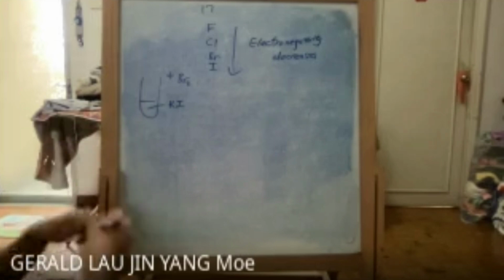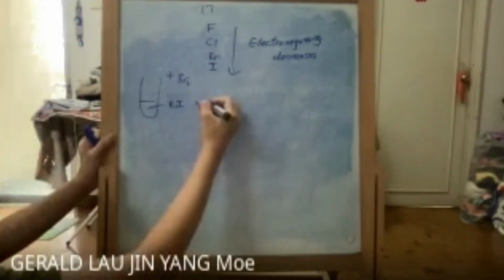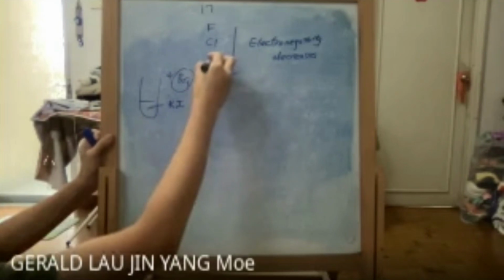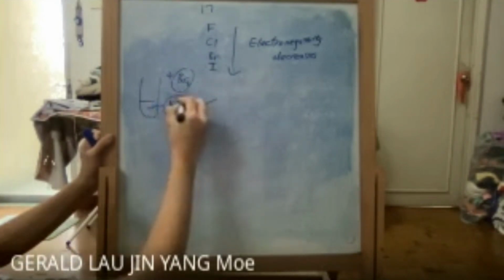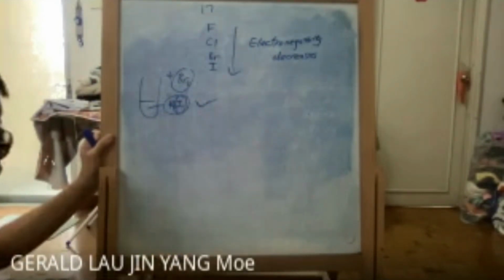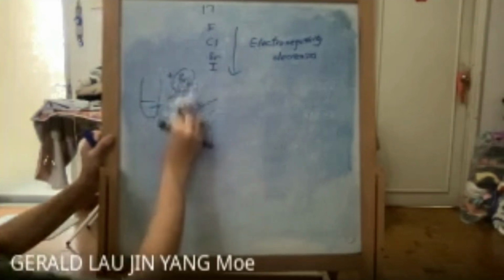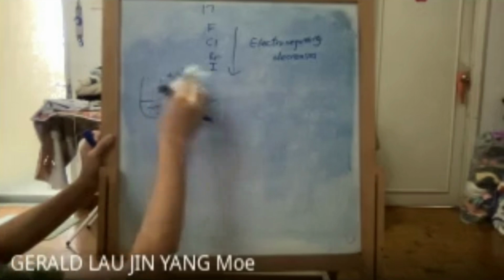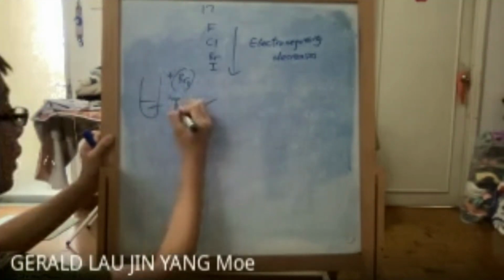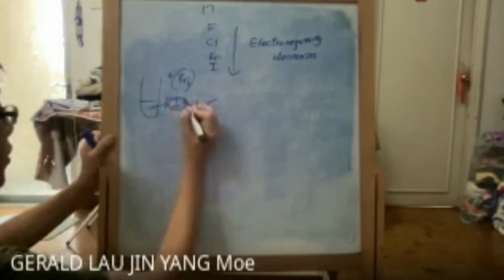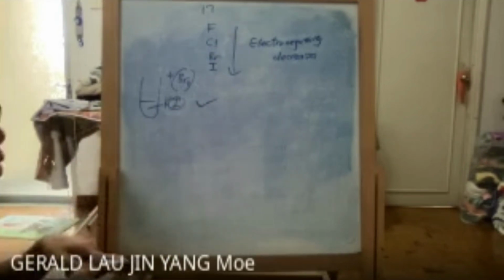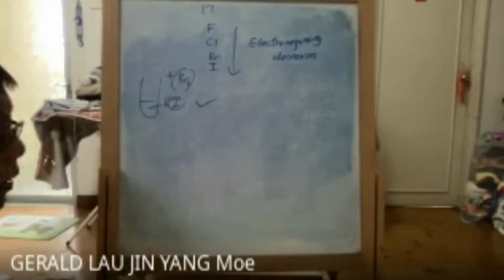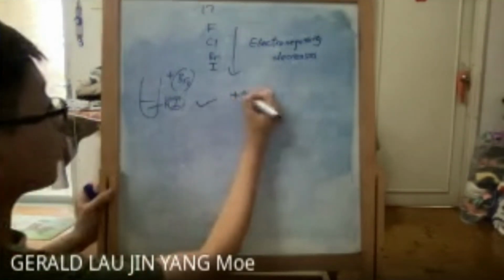Yes, the answer is boleh, because bromine water is more electronegative than the iodide. The bromine is more electronegative than iodide. Okay. Now, after you displace, normally we will add 1,1,1